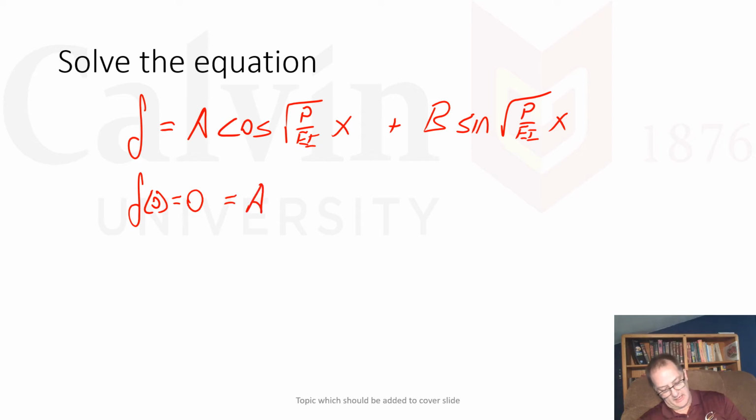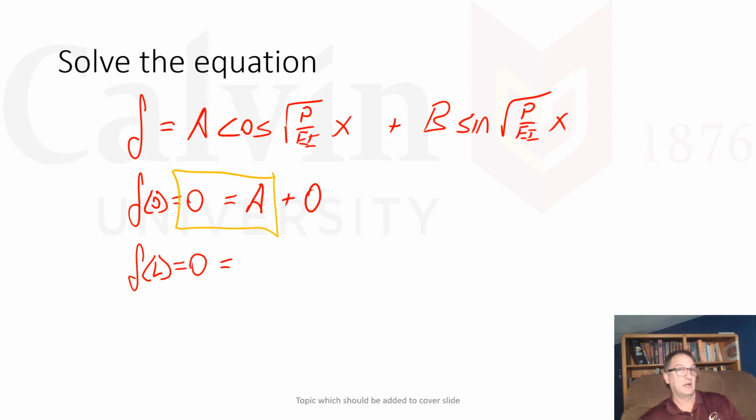So that's A plus, and sine of 0 is 0. So you get out of that statement, A is equal to 0. Cool. Okay, back to the next boundary condition. Delta at L is equal to 0 is equal to, well, I already know A is 0, so I'll just get rid of that, is equal to B